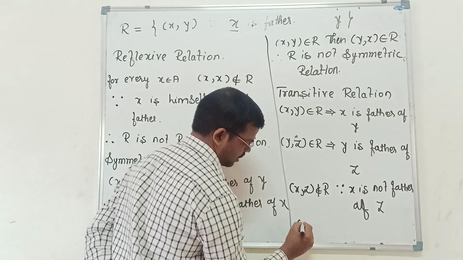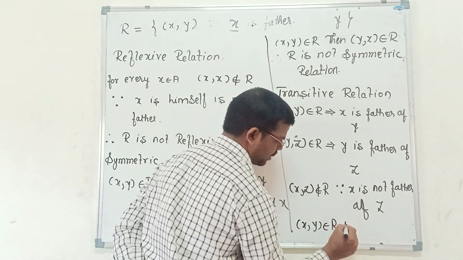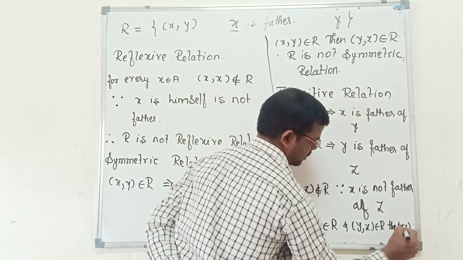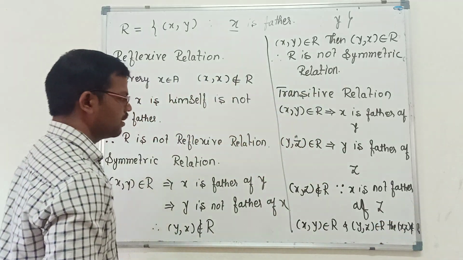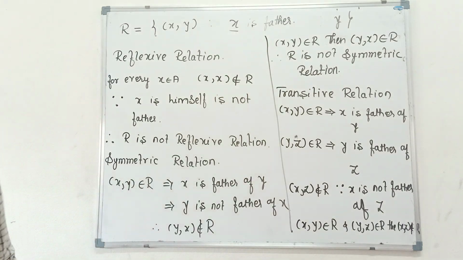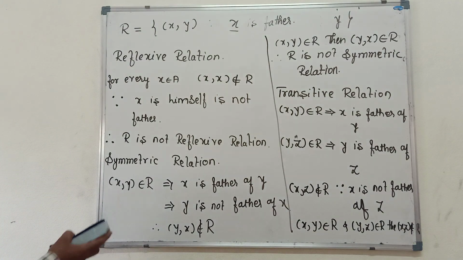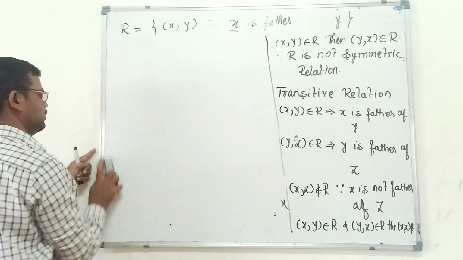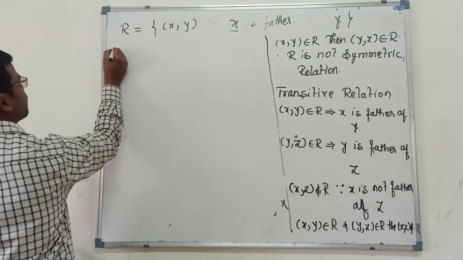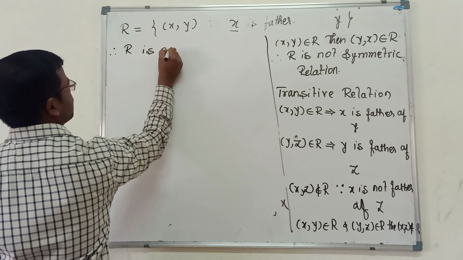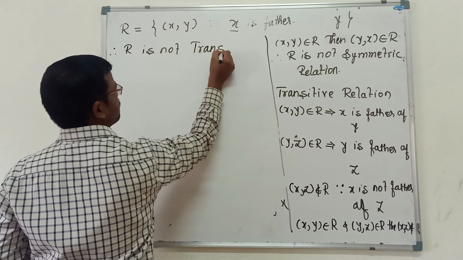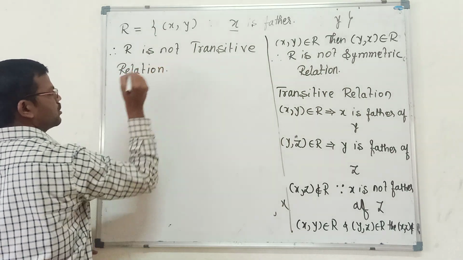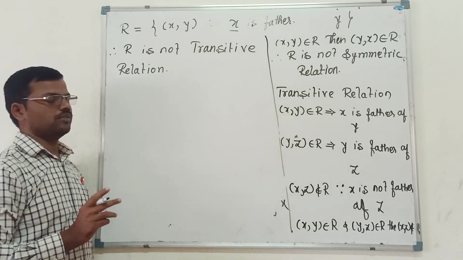So here we came to know that x comma y belongs to R and y comma z belongs to R, but x comma z does not belong to R. Therefore, R is not a transitive relation. So here we can conclude that the given relation is neither reflexive